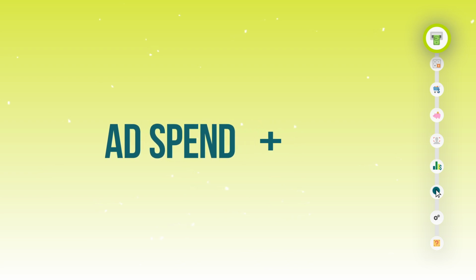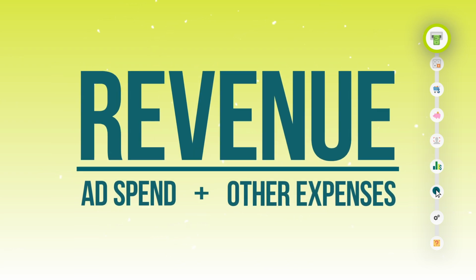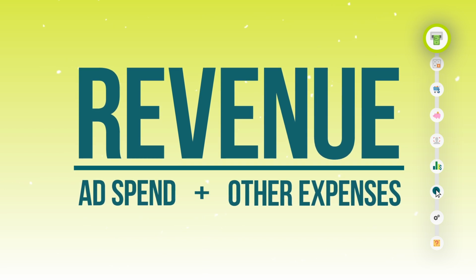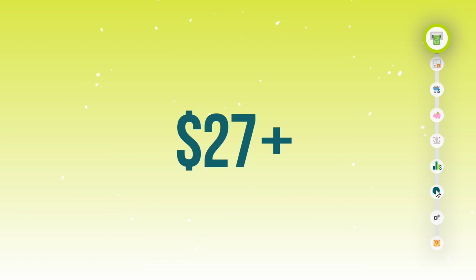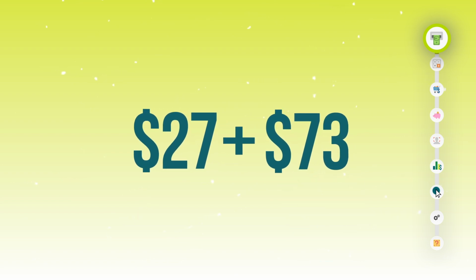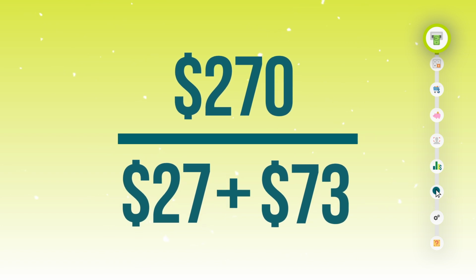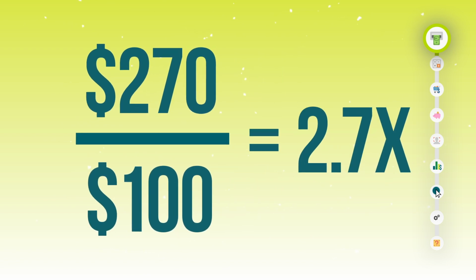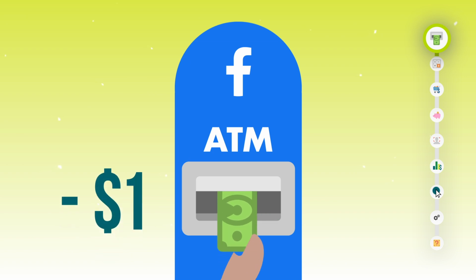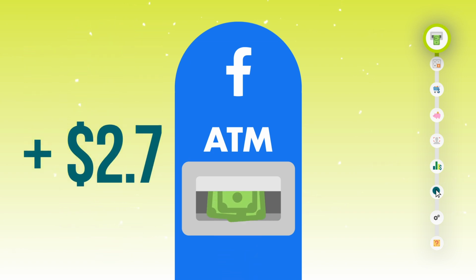So I would recommend that you factor in the rest of your variable expenses when it comes to calculating your ROAS. To do that, you would take the total amount of ad spend and the rest of your monthly expenses and divide that into your total revenue. So using our $270 example, it took us $27 in ad spend, but maybe it also incurred $73 of other variable costs. In this case, it would be $270 in revenue divided by $100 in expenses, and our ROAS would be 2.7x. Meaning for every dollar we gave Facebook, in this case, we earned $2.70 back.